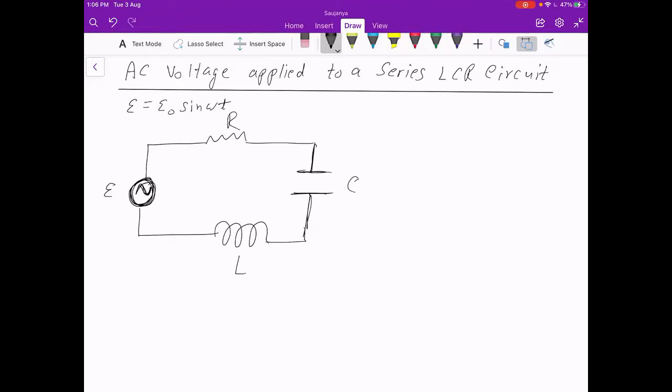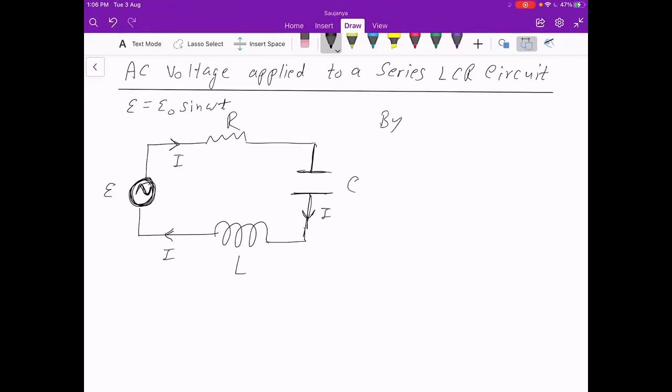So that's basically the diagram. Now you can think of a current going like this, for example. That's just the circuit diagram, nothing special about it, apart from the fact that you have three elements in series here instead of one as we saw earlier. Now you'll apply Kirchhoff's law, that we'll always do, right?